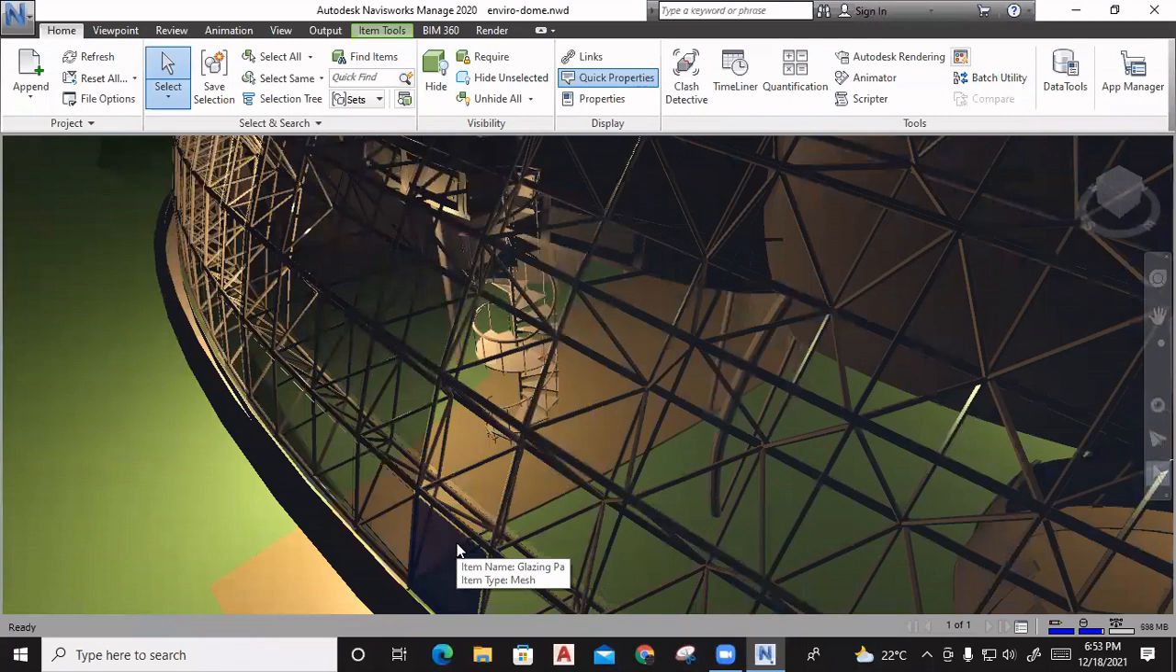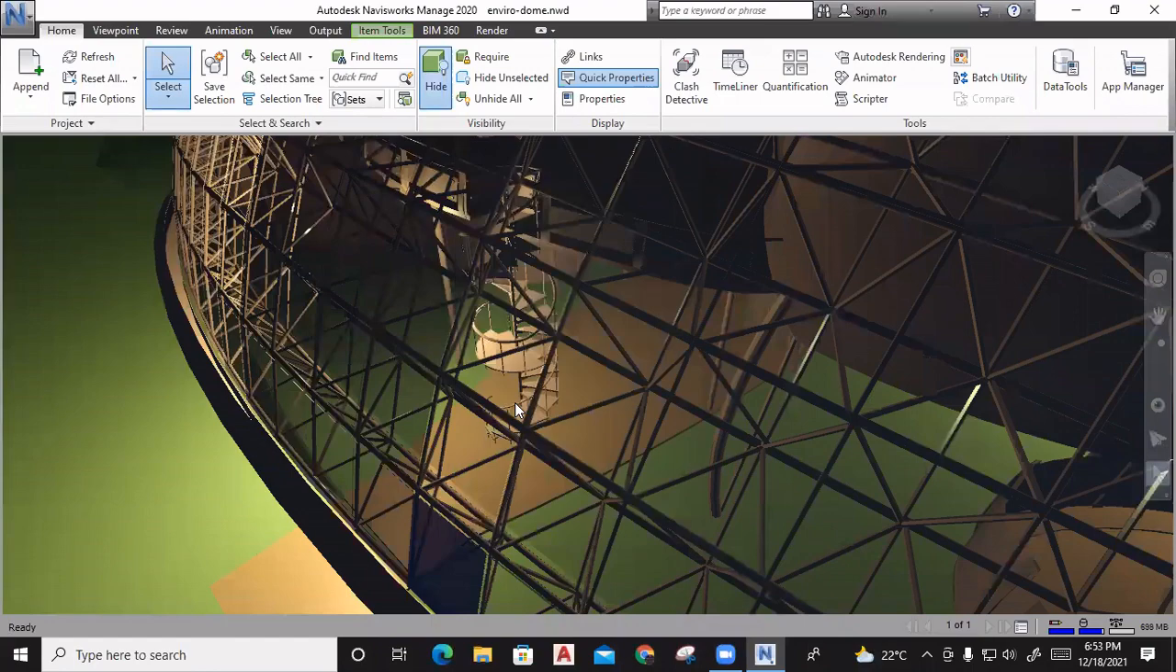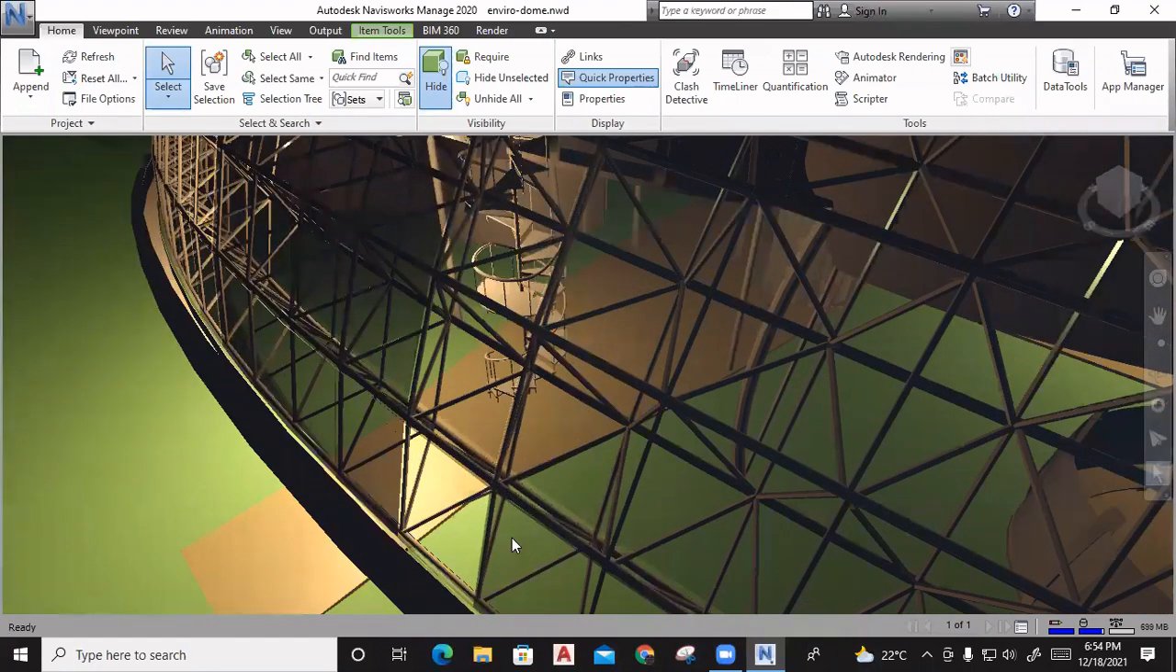I'm selecting this glass. Okay. And either you can right click. After right clicking, there you have an option called hide, or else you can press Control H for hide. Control H. See, that object has been hidden. If you want to unhide it again,